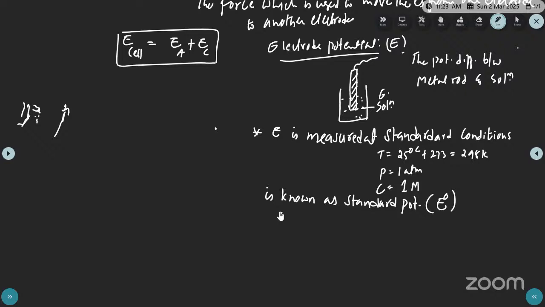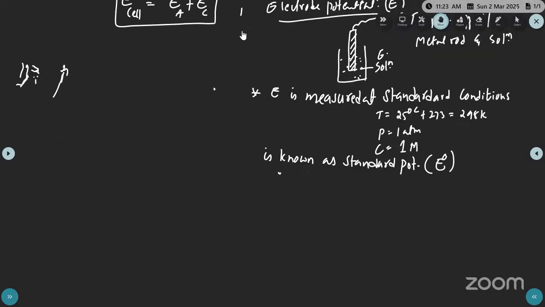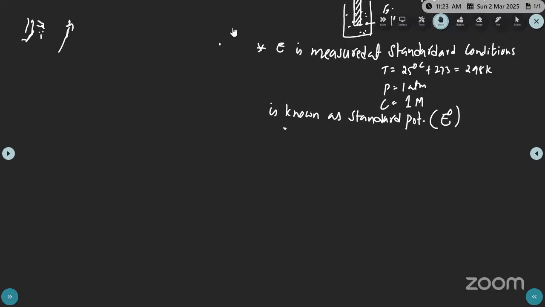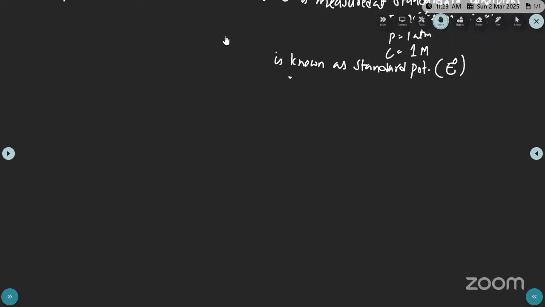Right. And next, every electrode has some potential, and that potential may be of two types. Electrode potentials are classified into two types. What are they? Oxidation potential